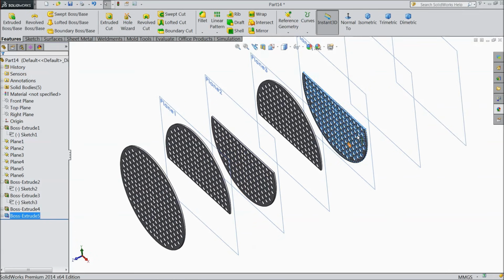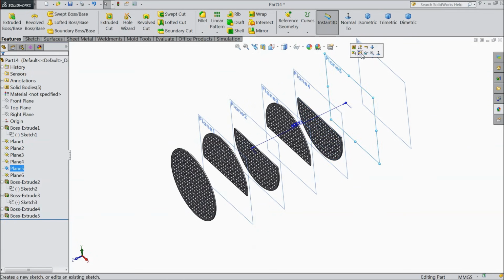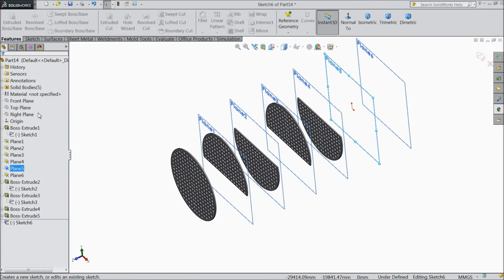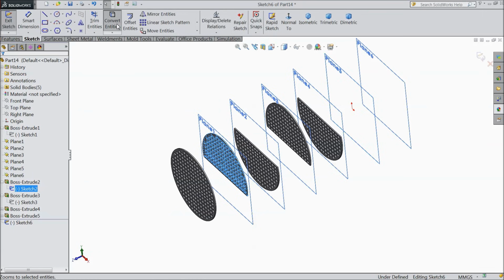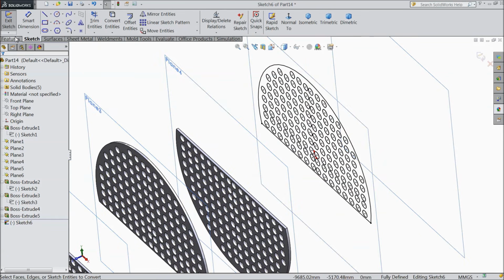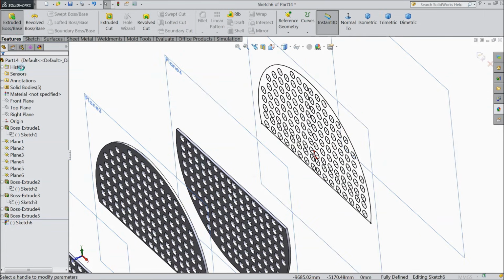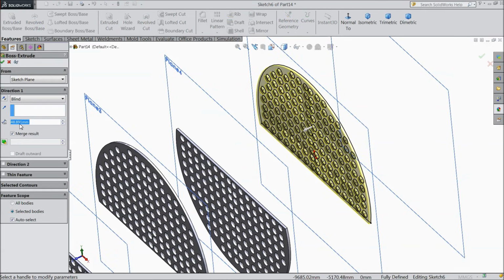OK. Now select the fifth one, sketch. For the fifth one, select this first sketch 2, convert entities. Now it is converted. Select extruded boss and keep the thickness 48.891 mm. See here, OK.